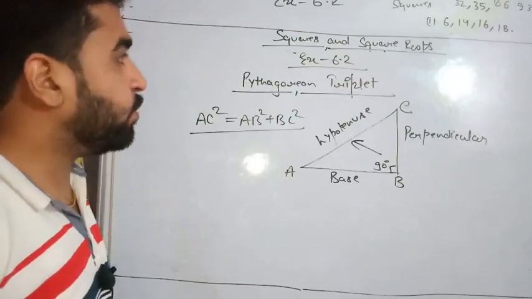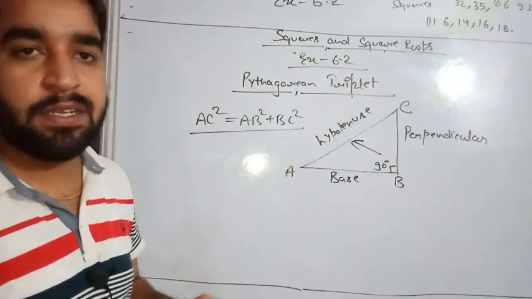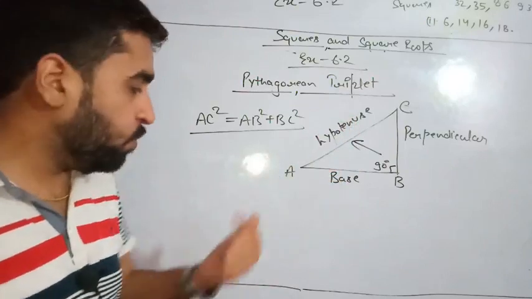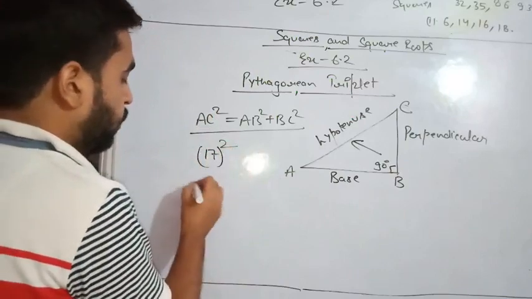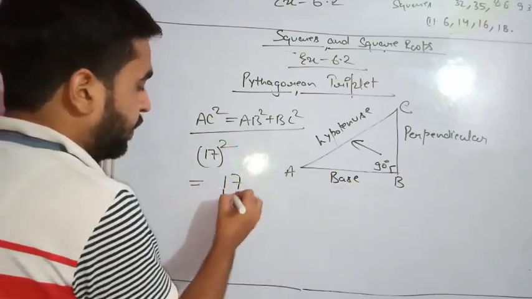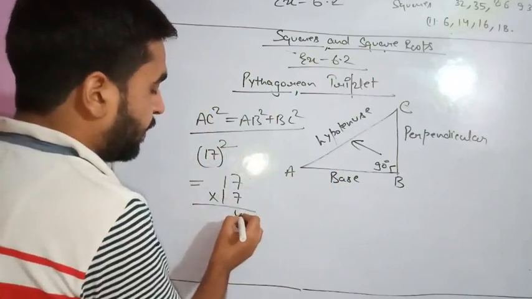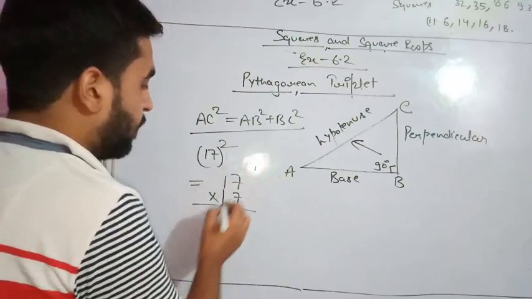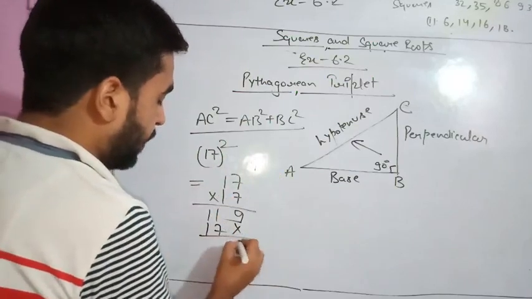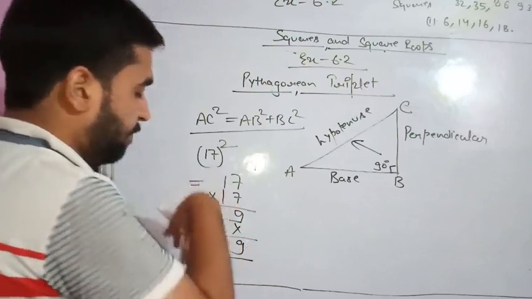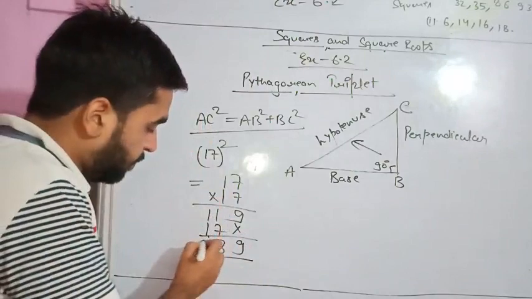And one more thing you have to study: the question is given, find the square of the number. One method is simply, suppose 17 is given and you have to calculate the square of 17. You will say, sir, it's very easy, 17 into 17, and you solve it. 7 sevens are 49, carry 4, 7 ones are 7, plus 4 is 11. Then 17 times 1 is 17, and the sum is 289.